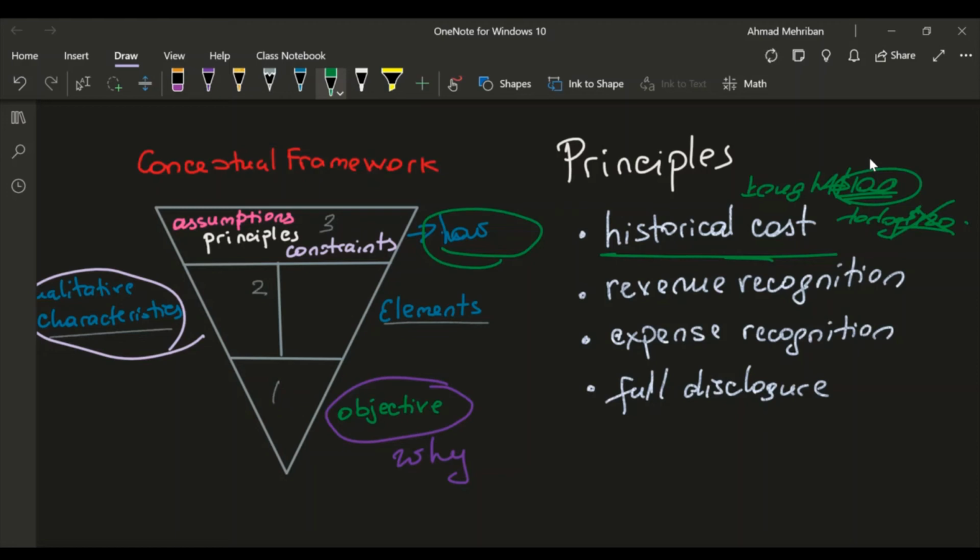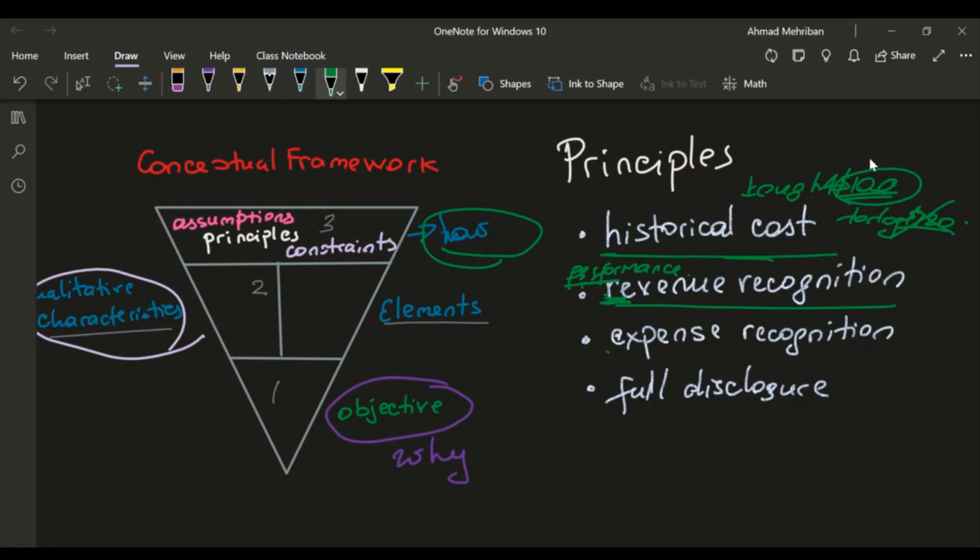Revenue recognition principle, again, you're familiar with this one. This one implies that we recognize revenue at the time of the performance, the period of the performance. So regardless of the fact that I've provided a service or sold an item, I haven't received the cash, I don't care about that. I just care about the fact that I have performed my obligation. Now I'm just waiting for the cash to come in, but it still doesn't matter. I've done my job. Revenue has to be recognized in my books.